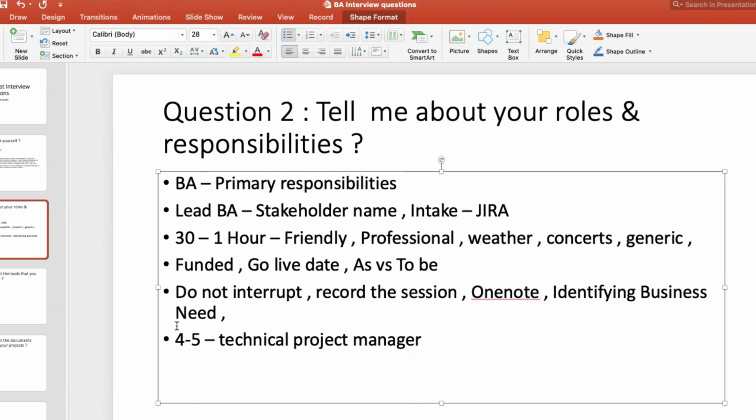If I figure out this is not only with our team and I have like 4 to 5 different teams' dependency, then I will inform the business owner, saying I think this is a massive project, and you have to have a technical project manager. Once you tell them, they will find someone, they'll hire someone, it's their problem. They will bring a technical project manager, and that person will be responsible for coordinating the 4 to 5 different teams.